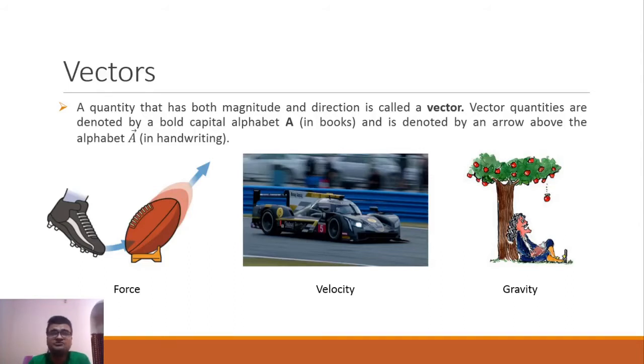There are also some quantities like current which can be confusing as to whether they are scalar or vector. For a vector to be a vector, other than having magnitude and direction, it should also follow vector algebra and all the properties of vectors. Vector algebra and some properties of vectors we'll discuss in upcoming slides. Then you will come to know that current does not follow vector algebra.